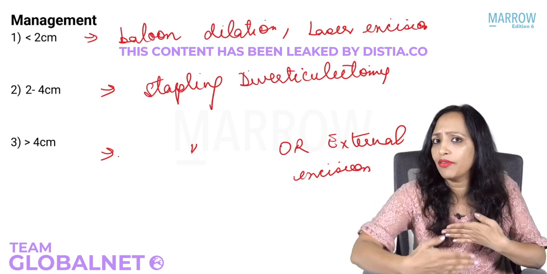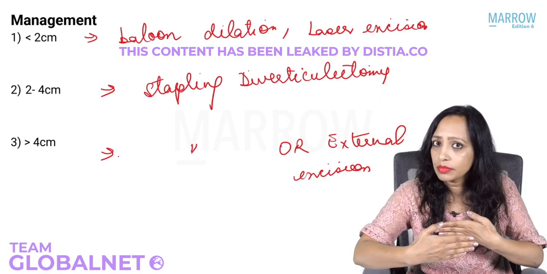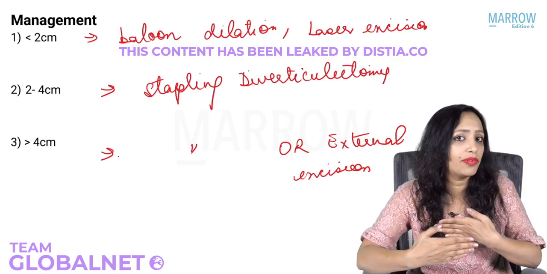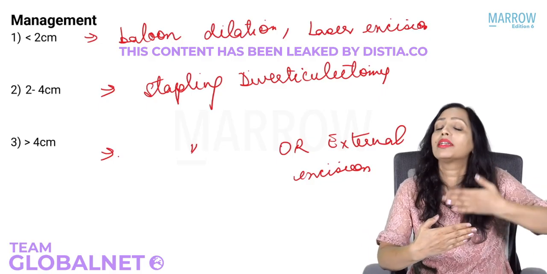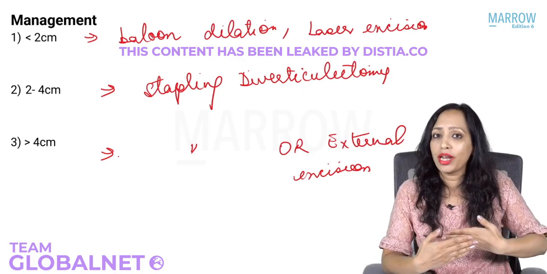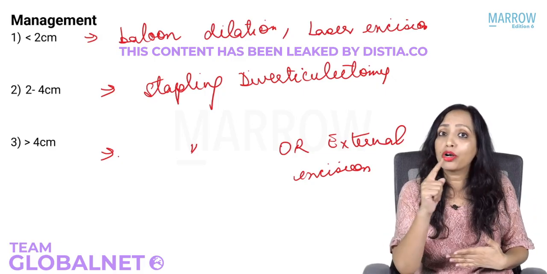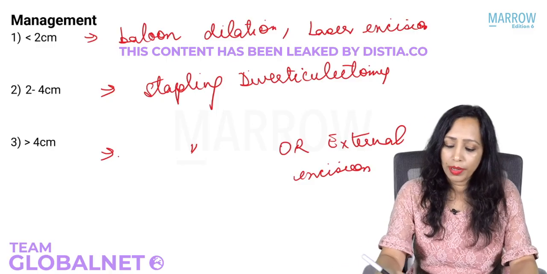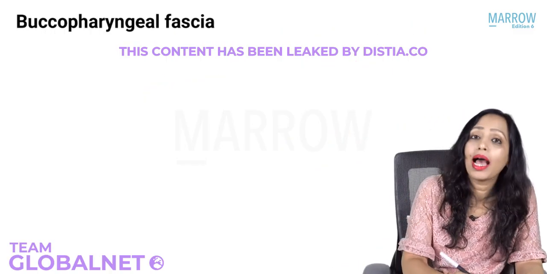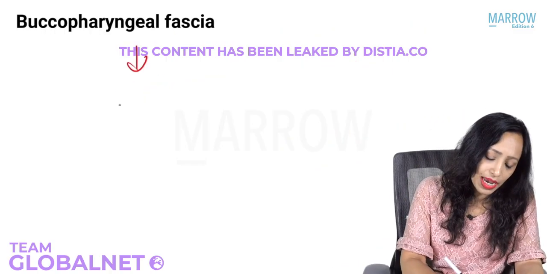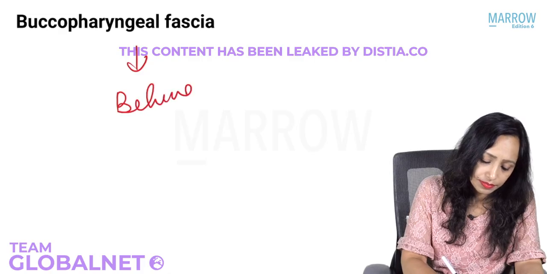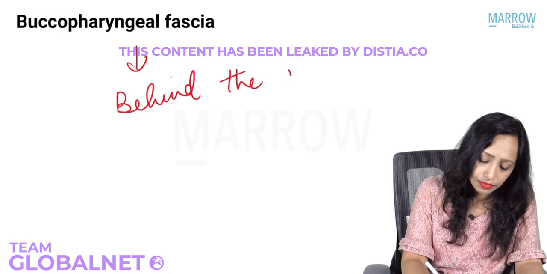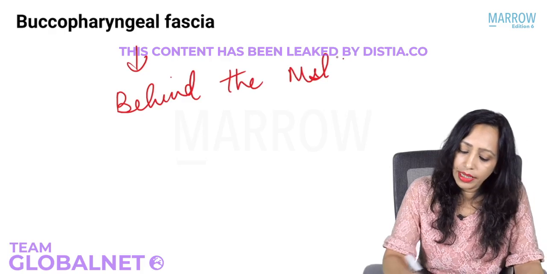So the fascia lines the muscles, the longitudinal as well as circular muscles, anteriorly as well as posteriorly. Quickly tell me, which is the anterior fascia of the pharynx? The name starts with pharynx. Yes, that is the pharyngobasilar fascia. And behind the muscle layer is another fascia, known as, B for behind, B for buccopharyngeal fascia. So behind the muscle layer, we have the buccopharyngeal fascia.